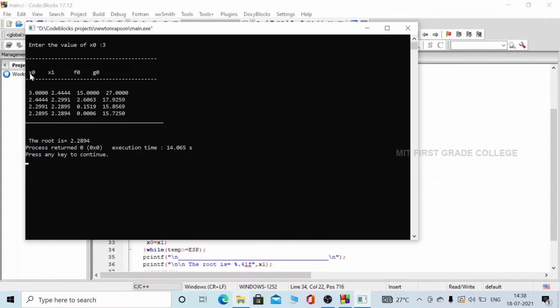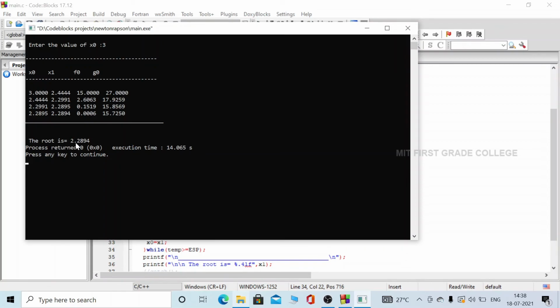Here you can see x naught, x1, f naught, g naught is printed, and it takes 4 iterations. The x naught value, that is 3, is taken, and for the next iteration the x1 value is taken as the x naught value. Like this the iteration will move on until the while loop becomes false.